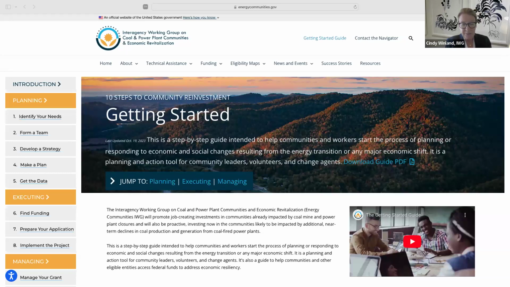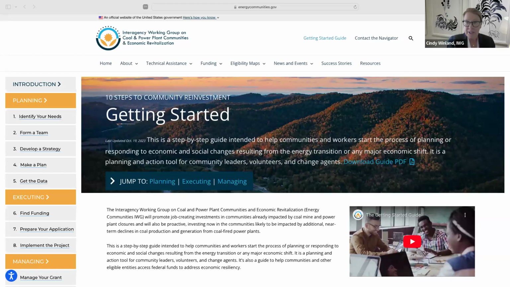So each section has some discussion that explains and provides advice on how to achieve each step. And it's written from a planner's perspective, and it's meant to be a logical progression if you're starting from scratch. The process of planning is important. So even if it doesn't result in applying for funds, economic diversification happens in many ways, and most often in small increments. So use it as it applies to your situation.